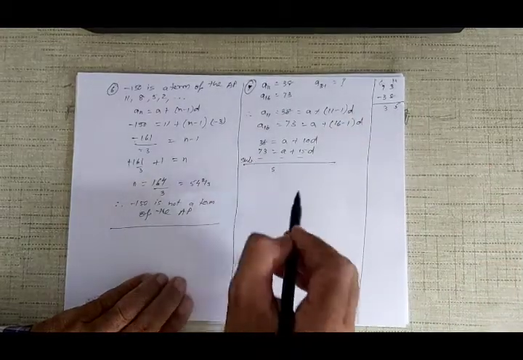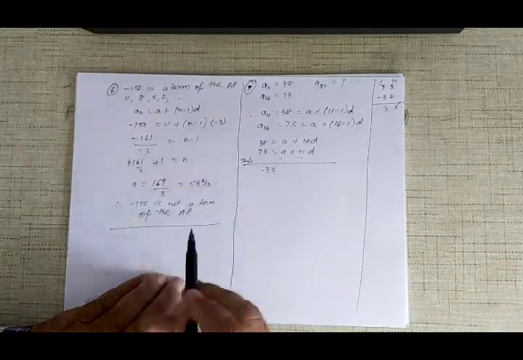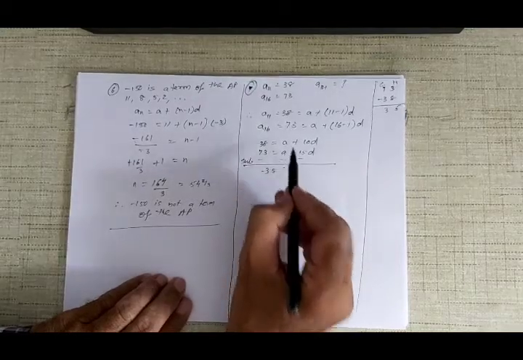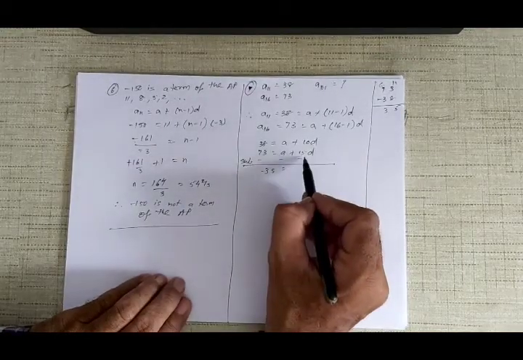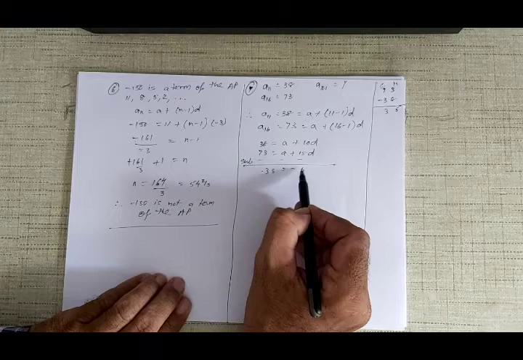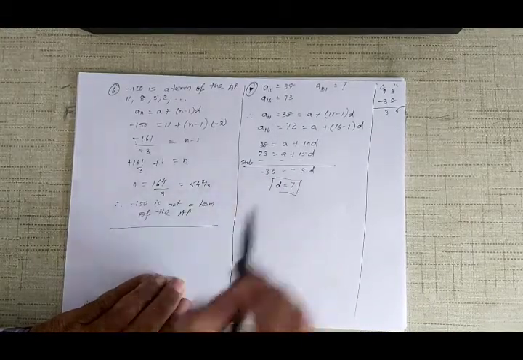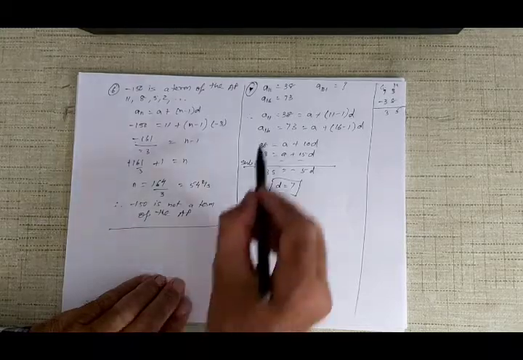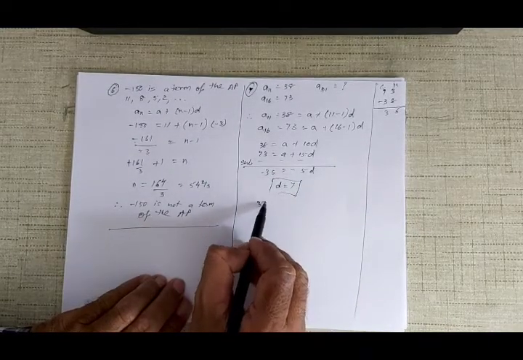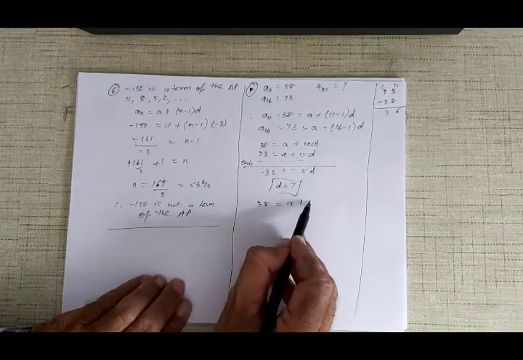लेकिन बड़ा नंबर 73 है, इसलिए माइनस 35 इज इक्वल टू a कैंसिल हो जाएगा. 10d माइनस 15d इज माइनस 5d. 5 7s are 35. सो d की वैल्यू आ गई 7. ऑलराइट, अब d की वैल्यू कोई भी इक्वेशन में ले लो. 38 इज इक्वल टू a प्लस 10d.